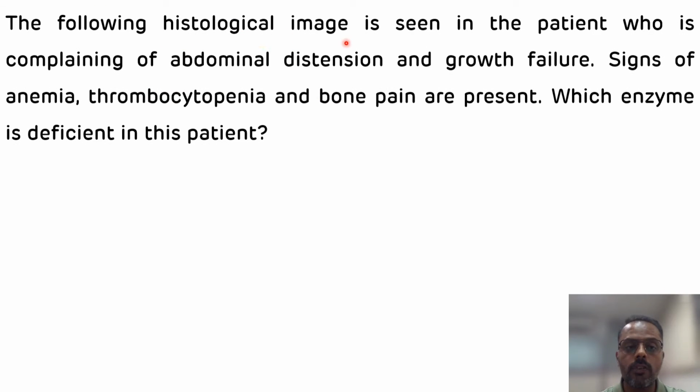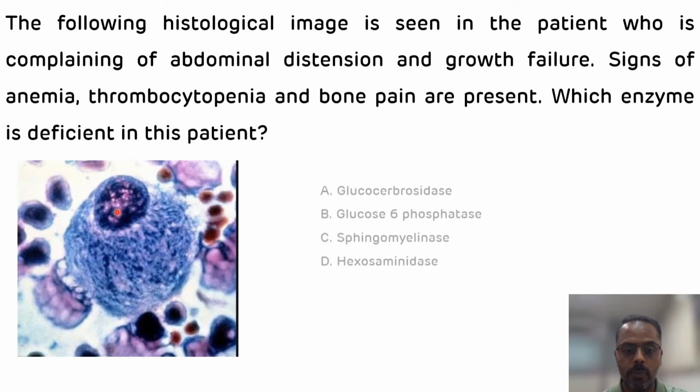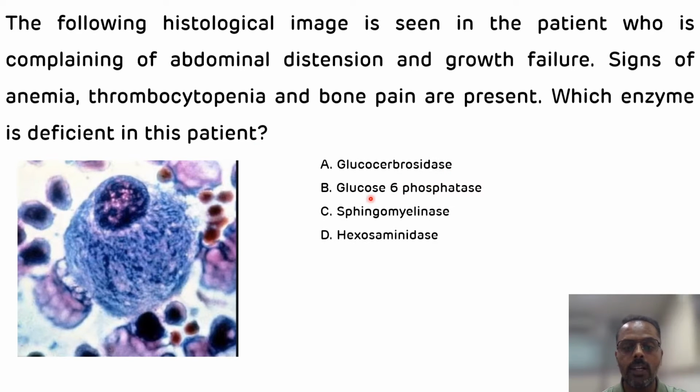Another question: the following histological image is seen in a patient who is complaining of abdominal distension and growth failure, and the signs of anemia, thrombocytopenia and bone pain are present. Which enzyme is deficient in this patient? So the histological image is like this. Again, it is a very commonly asked question. And the options are glucocerebrosidase, glucose-6-phosphatase, sphingomyelinase, and hexosaminidase. So this is the picture of Gaucher cells, and Gaucher cells in histological images appear like